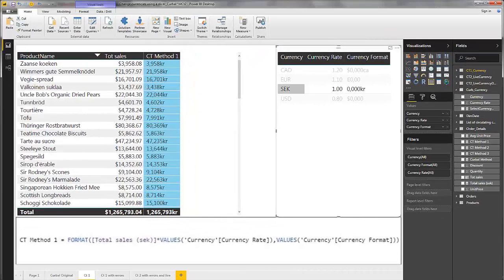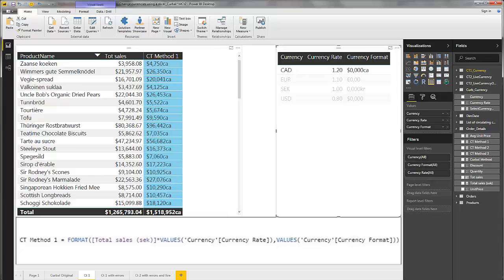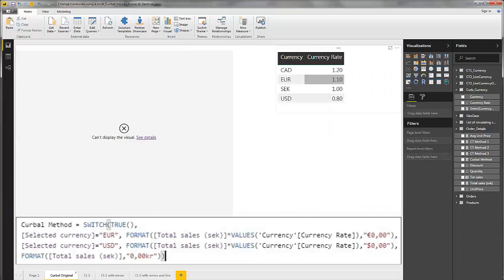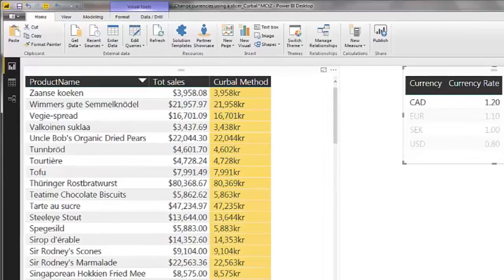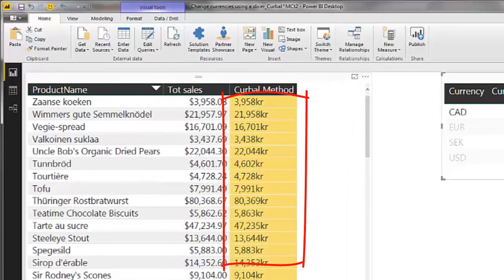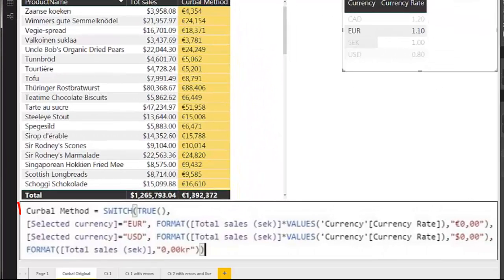So now, when I select US dollars, we see the US dollar sign. Kroners, we see the kroners. Euro, we see euro. And Canadian, we see Canadian, even though it wasn't handled originally. So I did have Canada, I added Canada into the original lookup. And when I select it, you see it's not showing up as Canadian. It's showing up as its default, because only the two euro and US dollars were being managed within this switch